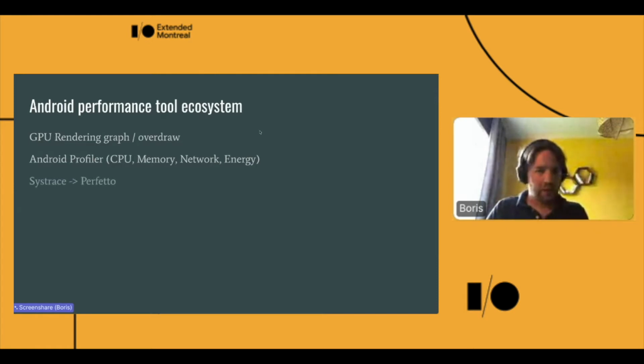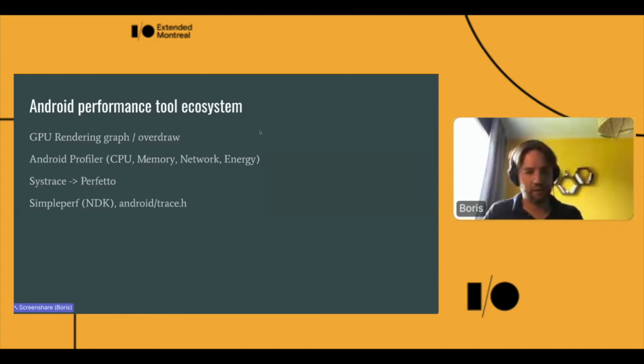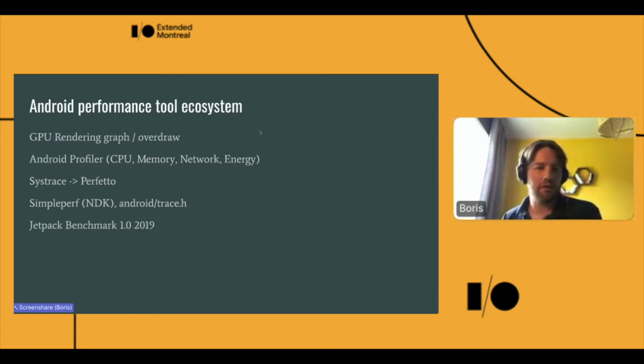You've also got the improved systrace tool that is now outputting the trace in the Perfetto tool. For people who are working with the NDK, you've got Simpleperf, and now we've got the trace.h tool to help us get better traces. And 2 years ago, the Android tools team presented us the Jetpack Benchmark library 1.0